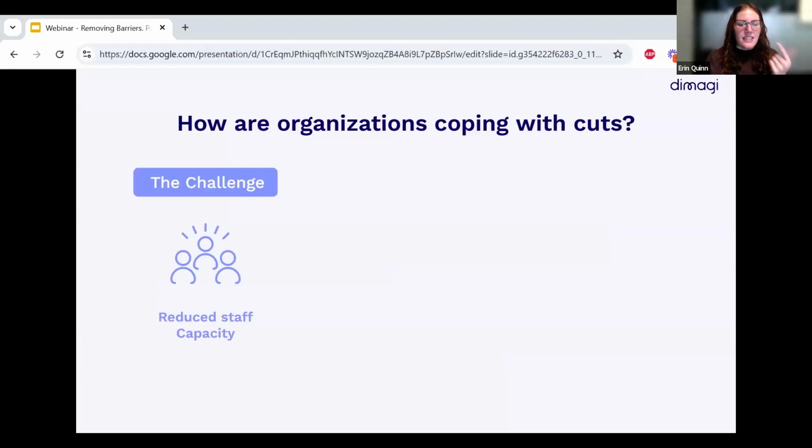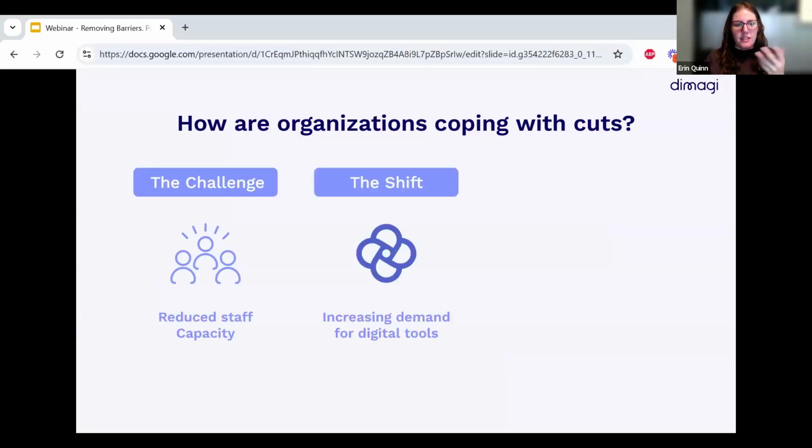Interestingly, at the same time, we're seeing either consistent demand for digital tools or at some points, like actually increasing demand for digital tools because of this idea that, okay, it really is super important that we be able to report out on what we're doing, that we be able to have instant access to all this information about what's going on. And so I think there's this really interesting paradigm now where the team that you had before was already pretty strapped. Those teams were already super busy doing a lot of work. Now those teams are smaller and they've got more work.